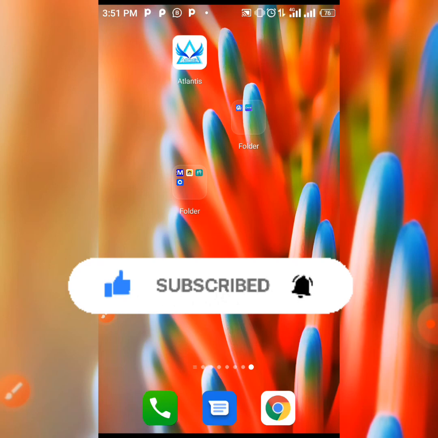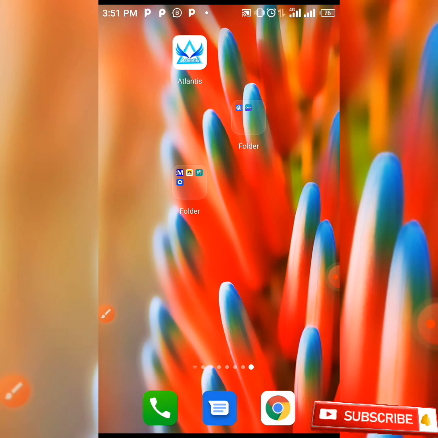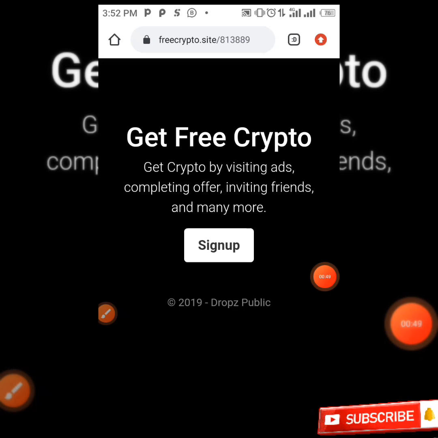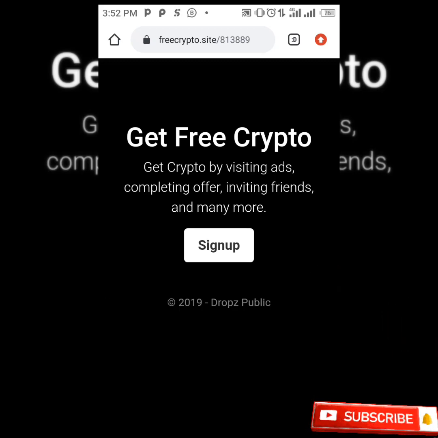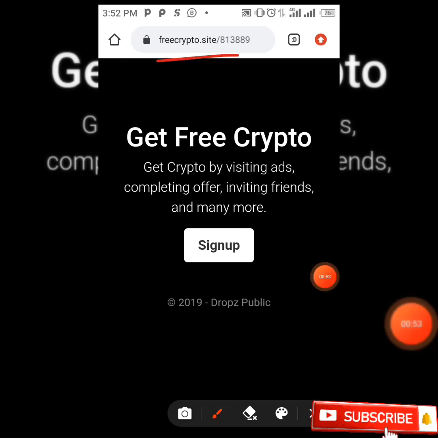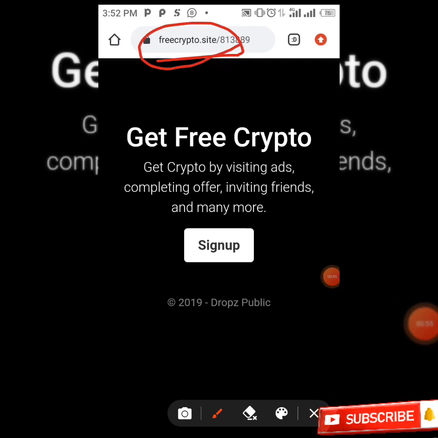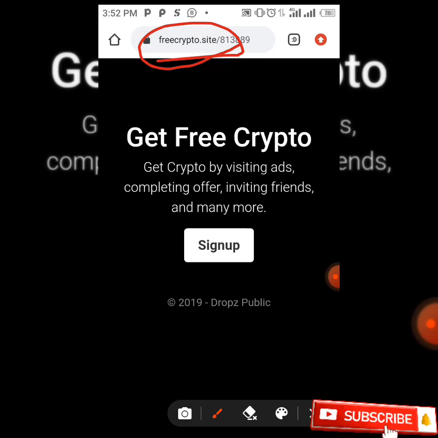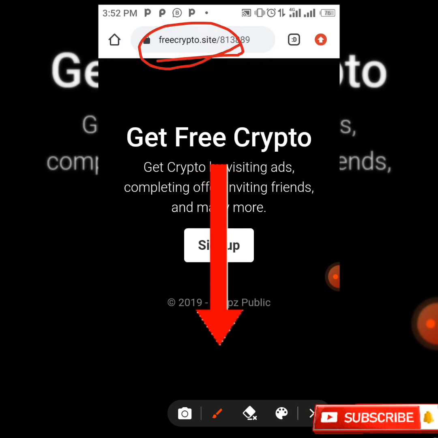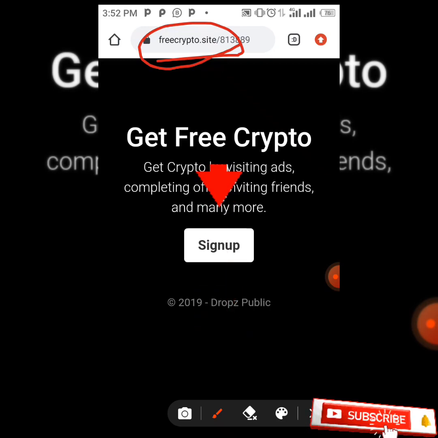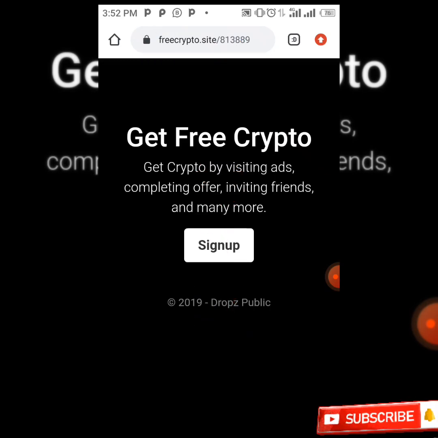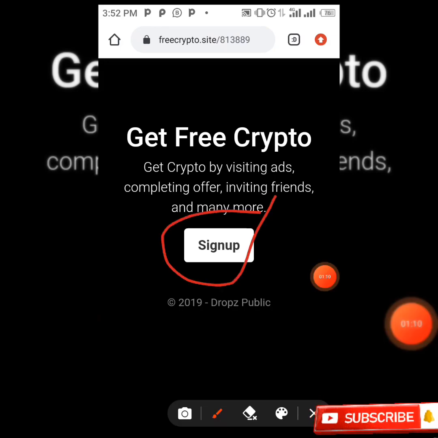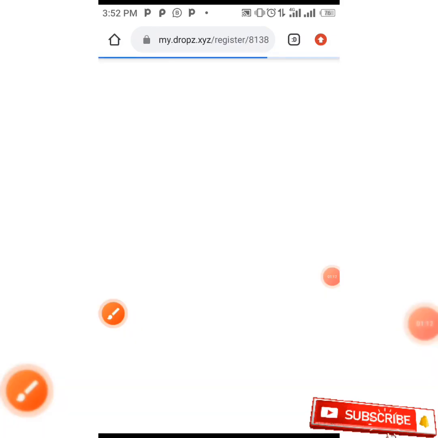So guys, the name of the site which I'm going to be showing you today is called freecrypto.site. As you can see, as the name implies over here, so all you need to do is just put the link in your browser, or I'm also going to be leaving the link in the description box below. When you click on the link, it's going to take you directly to this site. You're going to see sign up over here. Now when you click on the sign up button,